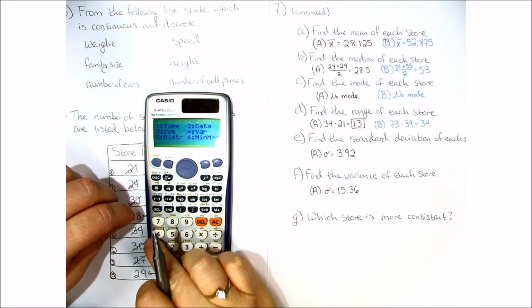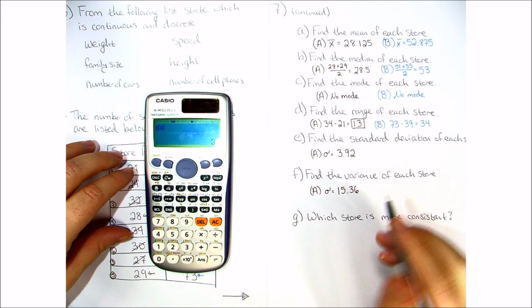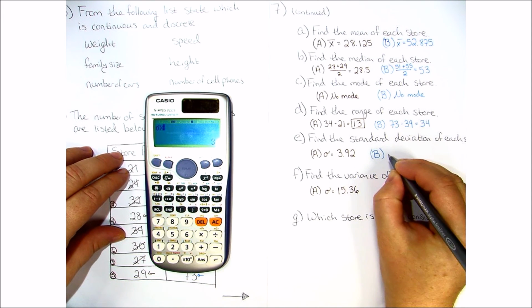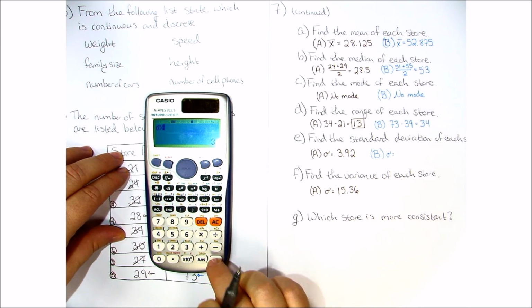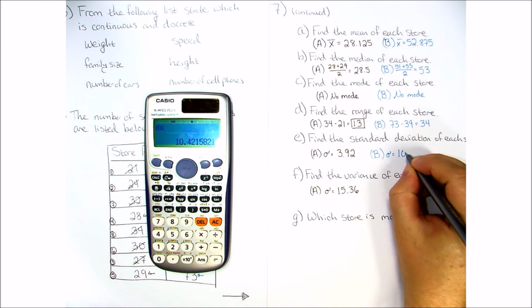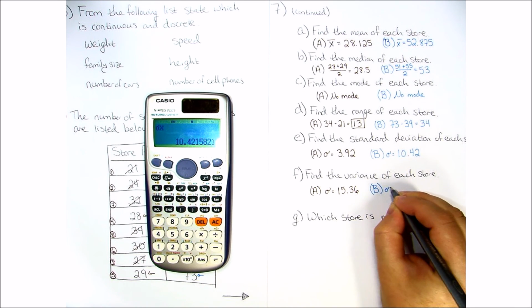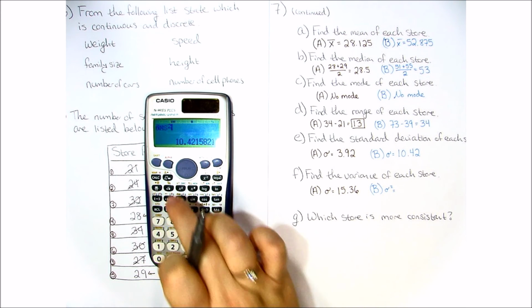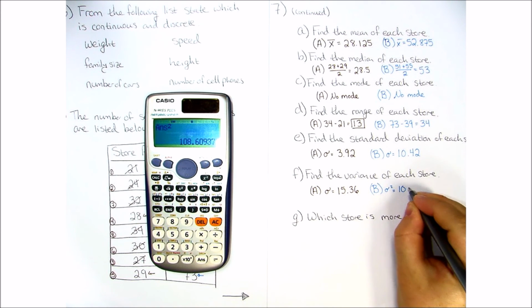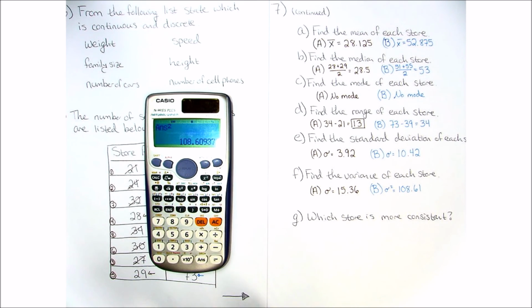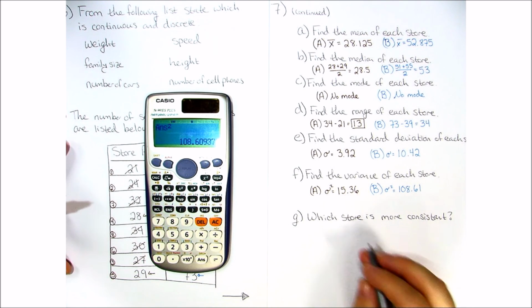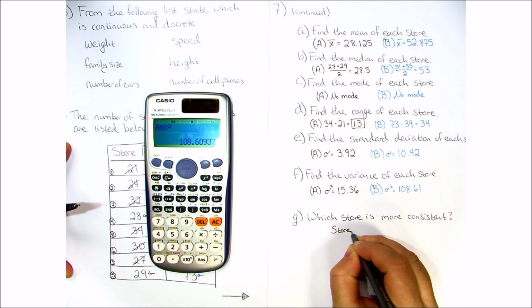Now let's see if it holds true for standard deviation. So for B, my standard deviation is 10.42. So much larger than previous. And if we square it, it comes out to 108.61. I forgot to write my square on the last one, so we'll go ahead and do that now. So if we look at which store is more consistent, the more consistent store is the one with the smaller standard deviation. So in this case, it's going to be store